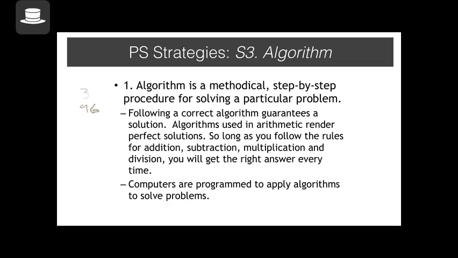If given time, you'll definitely find a solution to the problem because there is a step-by-step procedure to follow. And if you follow that, you have a solution. So algorithm is one such strategy that guarantees a solution to you. But it takes a long time. For example, problems like 29678 times 32467. Well, you can apply an algorithm to find the answer, which is the actual process of multiplication, but it takes time.